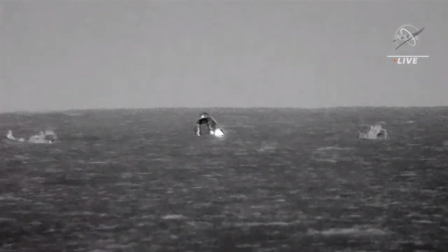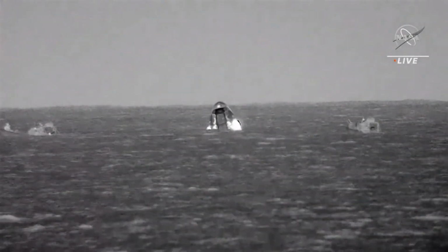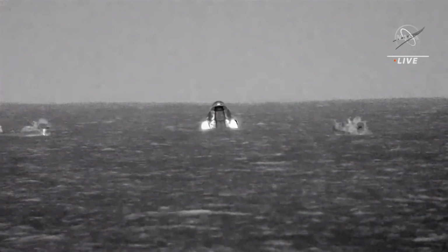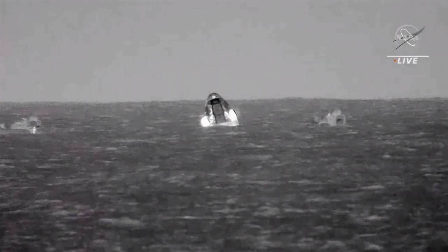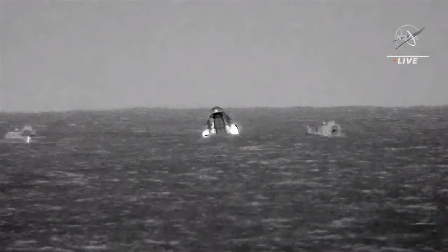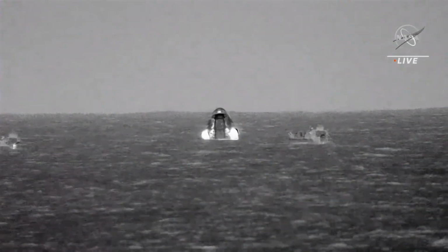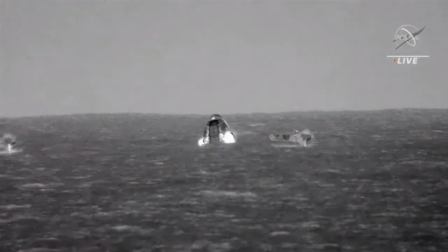As you mentioned, this is the 4th splashdown for this particular capsule. Most recently, it supported Axiom 1. Prior to that, Crew-2. And prior to that, Demo 2. So this capsule, I have great personal attachment to. I had the opportunity as part of my day job to go inside the capsule while we were building it. And when I say building it, I mean like for the first time, not during the refurbishment process. And when we were originally building it for the Demo 2 mission, I just remember being inside this capsule and thinking,